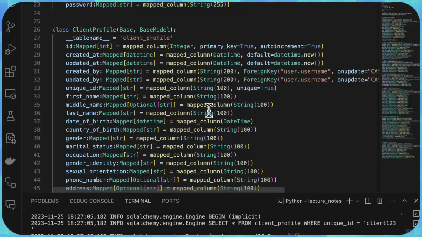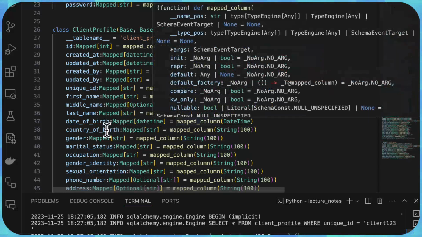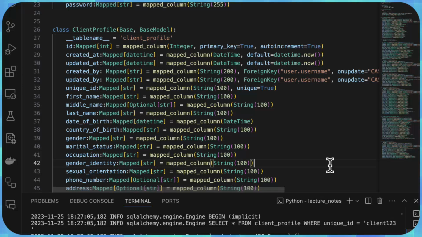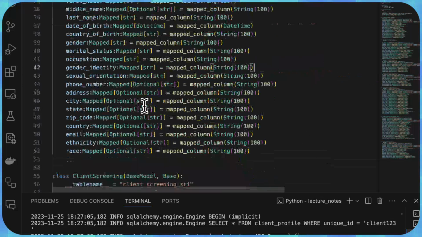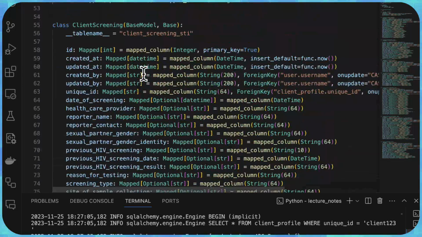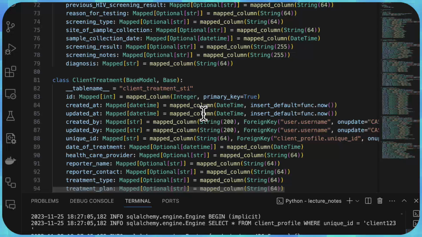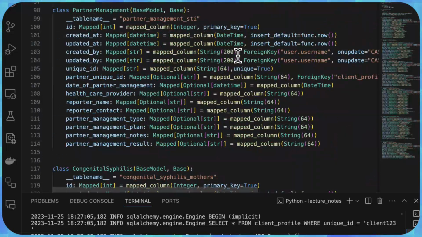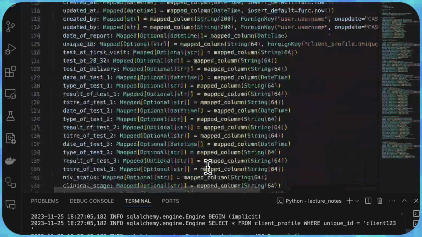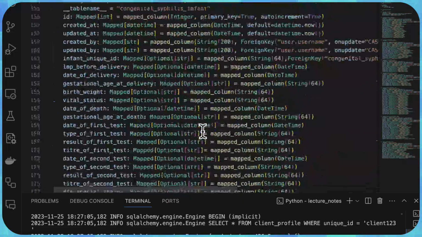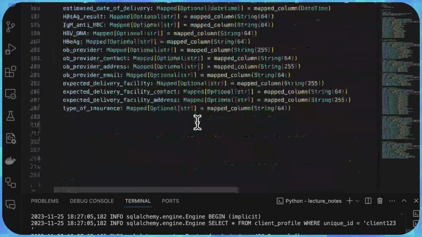I have changed the model before this lesson to be able to allow optional or default values, because we are going to delete the tables and we are going to recreate them so that once a client profile is created, automatically it inserts records into the client screening STI, the client treatment STI, the partner management STI, the congenital syphilis mothers, the congenital syphilis infants, the hepatitis B mothers